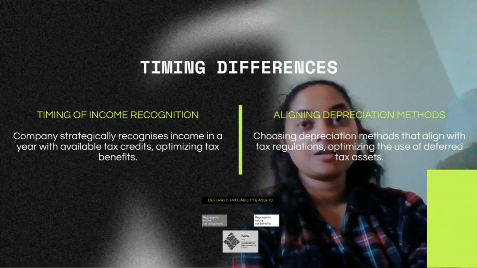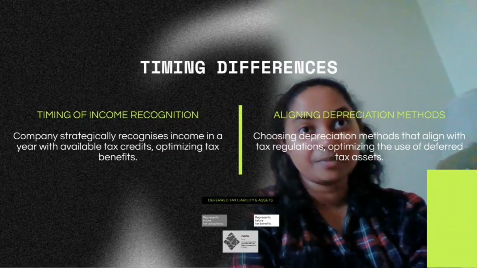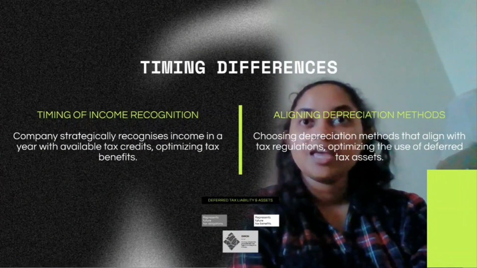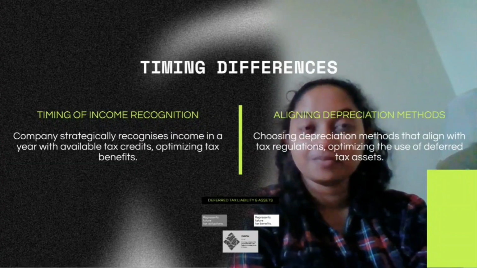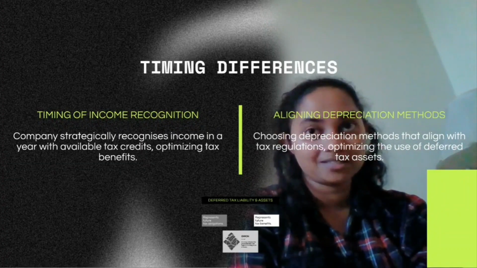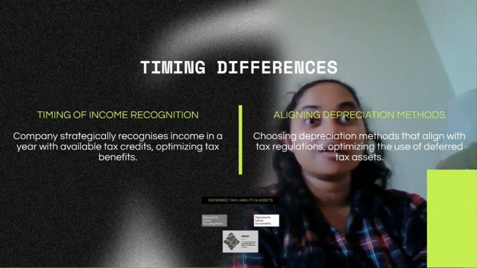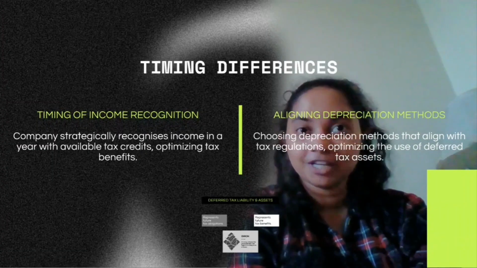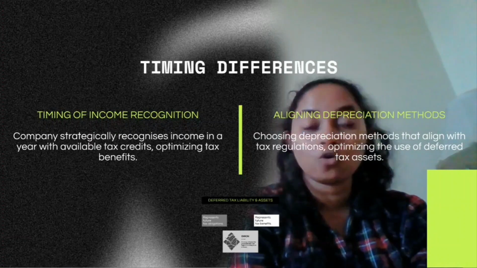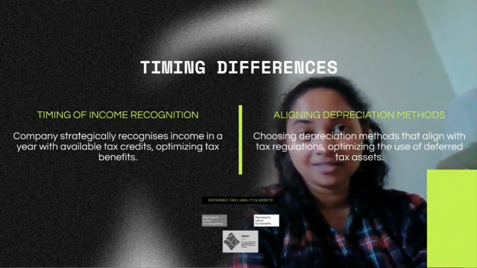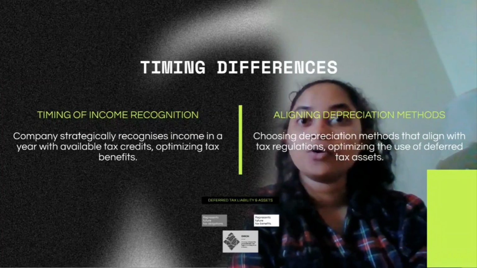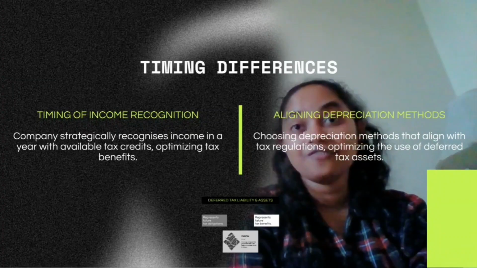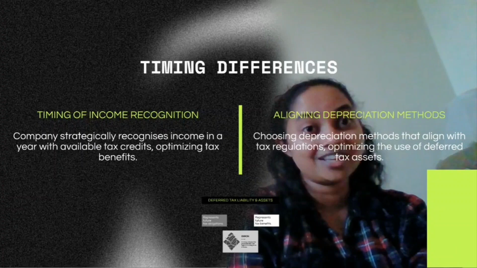Thirdly, timing differences play a crucial role in determining income tax payable. In financial reporting, revenue and expenses are recognized based on accrual accounting principles. Therefore, transactions are recorded when they are incurred, regardless of when the cash is received or paid. If we look at the example, Enron Corporation in the late 1990s reported profit with significant timing differences in recognizing